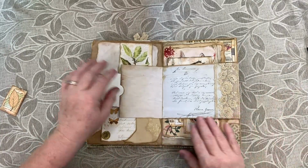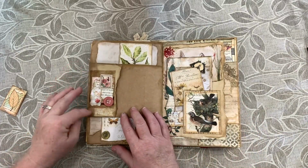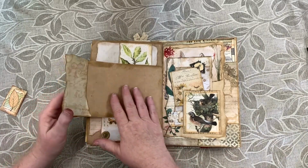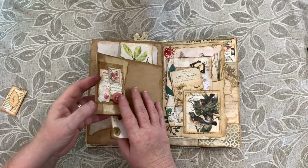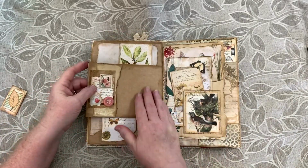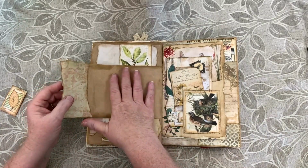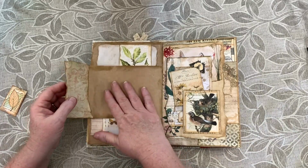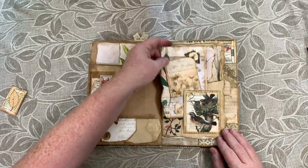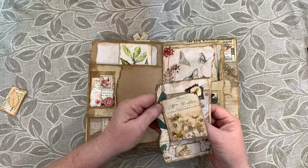Oh well, never mind. Anyway, there's some journaling space there and a little bit of lace, and turn it over and just a little cluster there and open up, and I wanted to keep some reference, as you can see, a couple of pages, reference to the fact that I had used paper bags, so that's why I've left some blank, and I love the color of this and the texture of the paper, so I didn't want to cover it over, so that's there. This is a little side tuck here with a little card, and this here flips open